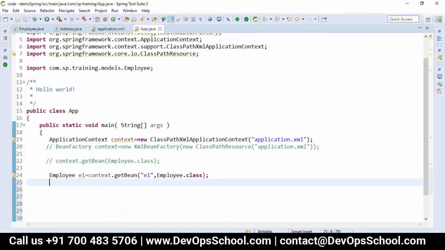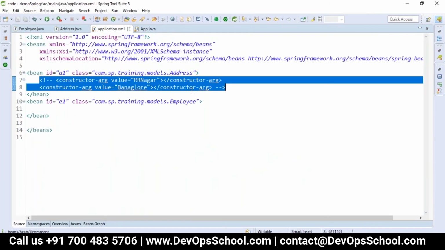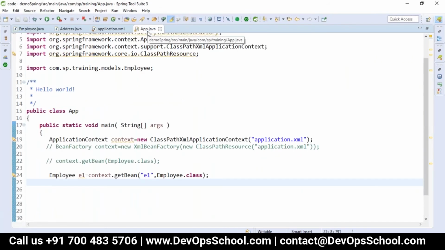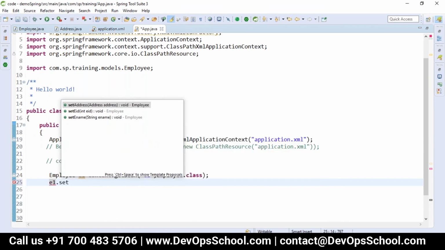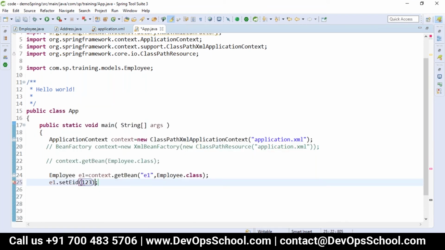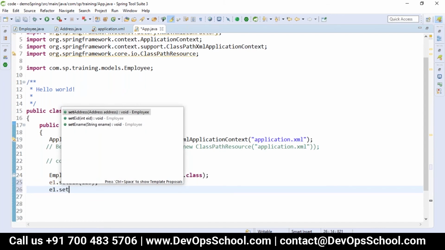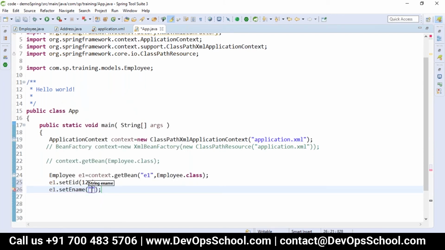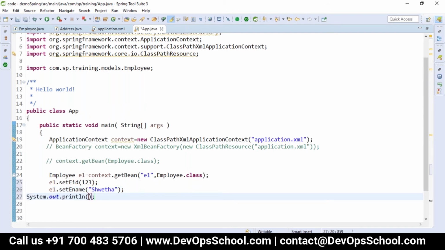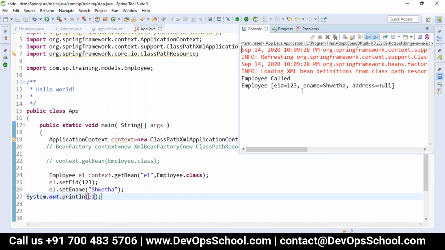Let me just go here, and I have this Address now. And when I go to Employee e1, I will say e1.setEid(123) and e1.setEname, and I will just print the e1 values. So when I go here, only Employee values are coming here, but Address has become null.